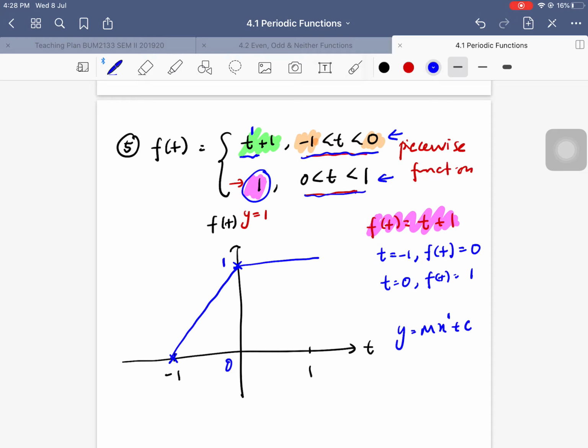So when you come across multiple functions that are being used at different values of t, this is known as a piecewise function. This is going to be the most common type of function that you're going to come across. Okay, so now we're going to start with the